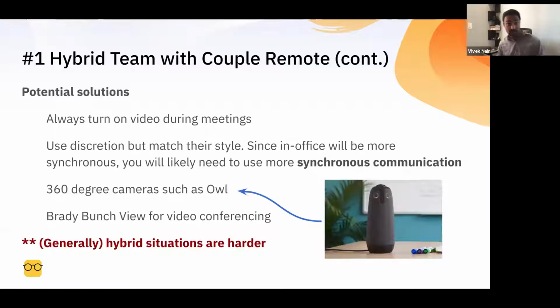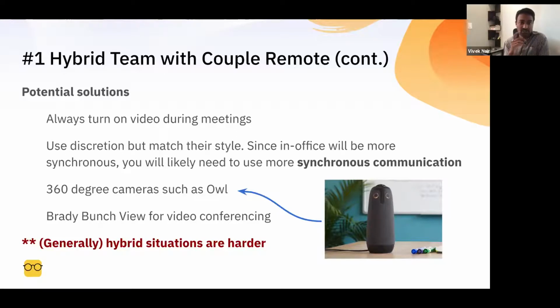So that's the first challenge, and we have a couple different tactics for solving it. The first one is to always turn on your video during meetings. It's super important to remember that the person on the receiving end of a video conference is actually a person, first of all. And you want to read all the emotions associated with that person, right? Are they mad? Are they sad? Are they confused about something? It's really easy to tell whether somebody is experiencing those emotions if you can actually see their face. So we always recommend that teams turn on their video, and we always see that the teams that consider the most about how their remote workers are feeling always turn on their video, or are encouraged to.